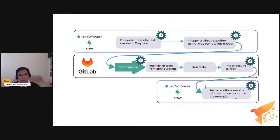As Rina already mentioned, I would like to show you an actual integration of Xray into GitLab, which works with basically most test automation tools that exist, as long as they produce the results that are needed, right? So this will be three parts, as we can see here. The first part we will look at is the Xray configuration. So how do we set up the Xray tests so that they can be integrated with GitLab and the test automation